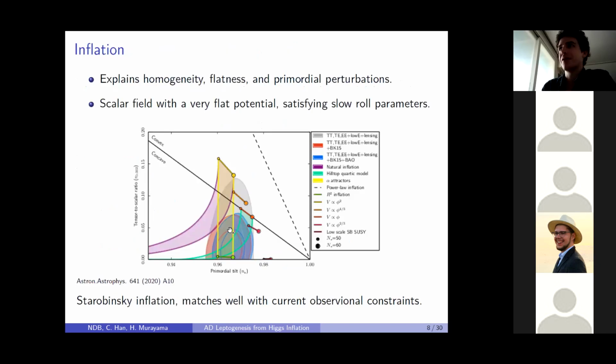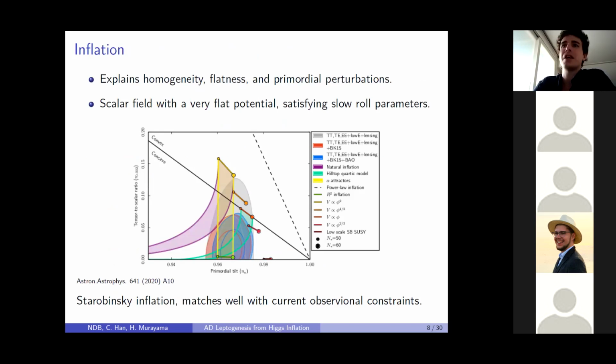So as we all know, inflation is the period of rapid expansion in the very early universe that is able to explain many of the observational results that we've seen when looking out at the CMB and so on. So things like homogeneity, flatness, and the prediction of primordial perturbations, and it's generally accepted as part of standard cosmology. Typically, the way to induce a period of inflation is to have some scalar field slowly rolling down